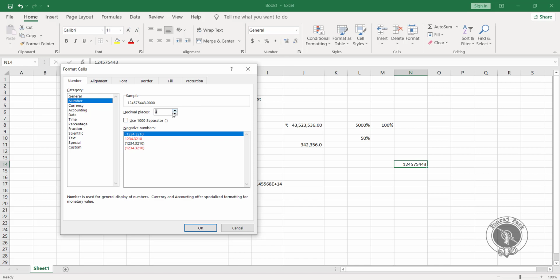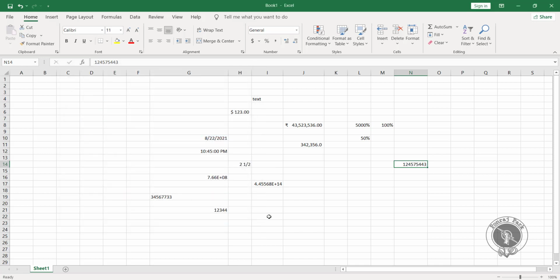You can also use the thousand separator. After each and every 3 digits it will separate that. So from here you can enable the thousand separator or the comma option. Okay, and here we have different formats available, like negative number, positive number, all those formats.